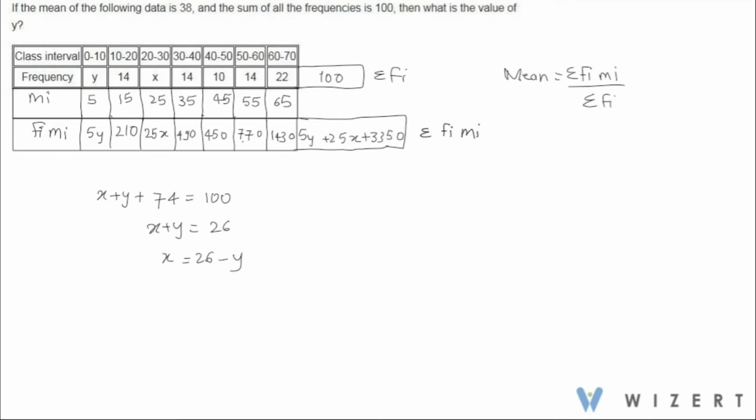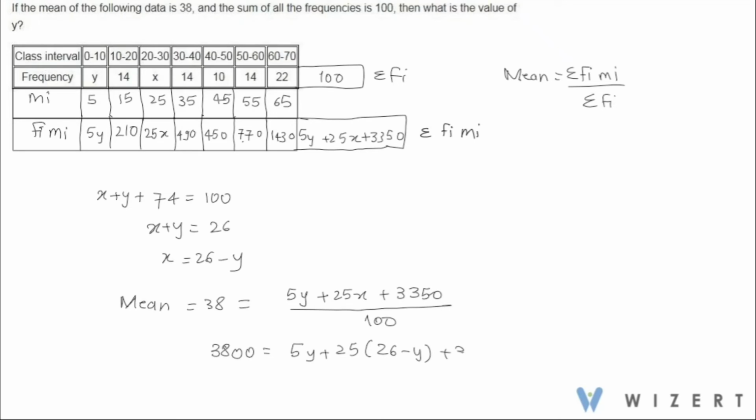Now mean is given as 38. So 38 equals summation of fi mi, which we got as 5y plus 25x plus 3350, divided by 100. So we can write this as 3800 equal to 5y plus 25 multiplied by 26 minus y plus 3350. This is from equations 1 and 2. So we have 3800 minus